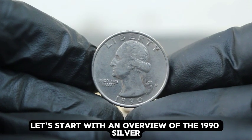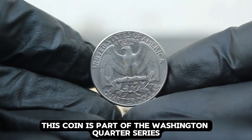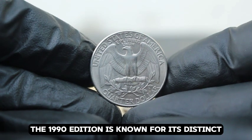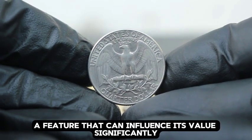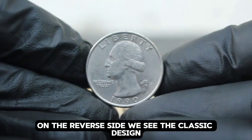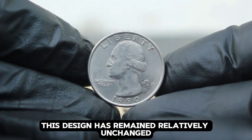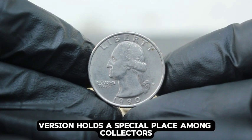Let's start with an overview of the 1990 silver Washington Quarter dollar. This coin is part of the Washington Quarter series, which was first minted in 1932. The 1990 edition is known for its distinct large date design, a feature that can influence its value significantly. On the reverse side, we see the classic design featuring the eagle perched on an olive branch, a symbol of peace and strength. This design has remained relatively unchanged since its introduction, but the 1990 version holds a special place